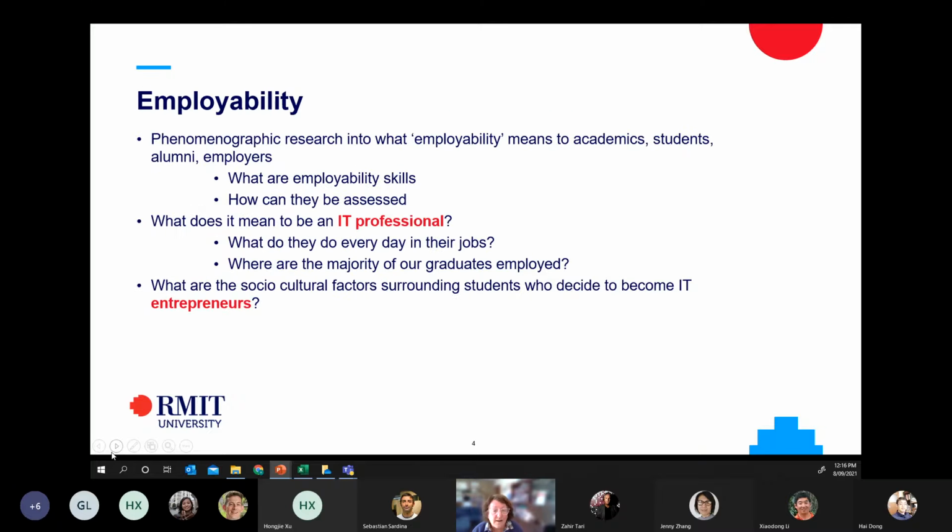Another interesting area in computer science education research is employability. What kinds of jobs do people get at the end of their degree? How can we train them better? What kind of skills should we be equipping them with to be more creative, to become more entrepreneurial, more innovative in their jobs? There's a lot of work at the moment going into looking at what we in the past maybe called socio-cultural factors,